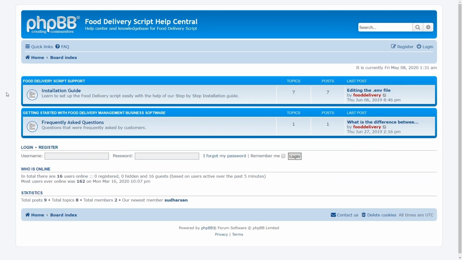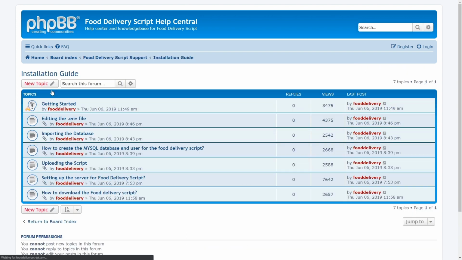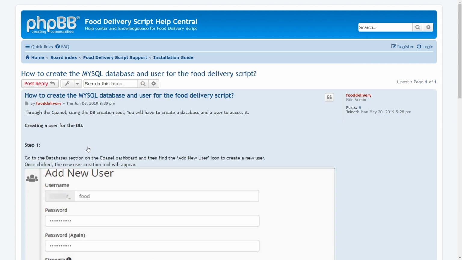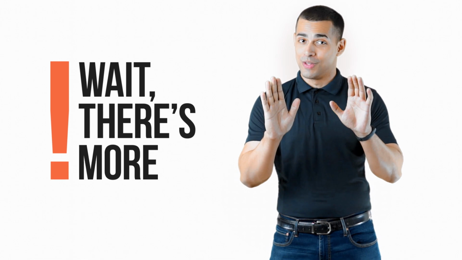So that was a quick look at the extensive features that the Delaware script offers. Don't forget, these apps and dashboards were just demos. You can fully customize them to your liking with the provided source code. And if you want to deploy it as it is, then head over to our support forum where we provide a step-by-step technical guide. You can ask us your doubts in the forum itself, and we'll help you out as soon as possible. But wait, there's more.